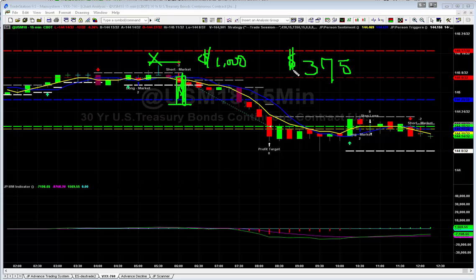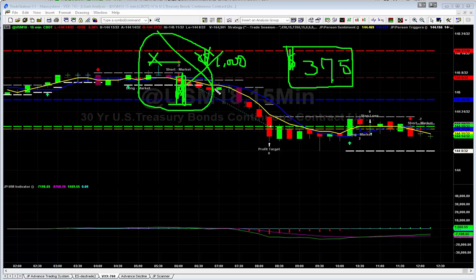What that function does, just to explain, is, let's say, for example, you have that situation where there's $1,000 risk on the trade. If you have max loss set at 375 because that's the best performance, it won't take that trade. It's beyond your max risk. It will ignore the trade. So while you might have a big winner, on average, the best profitability is to ignore trades that have exorbitant